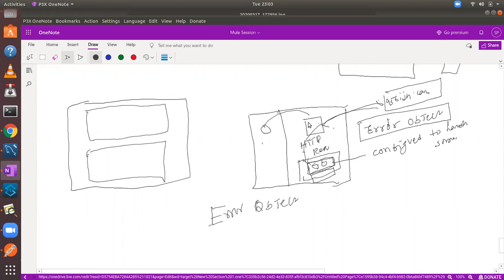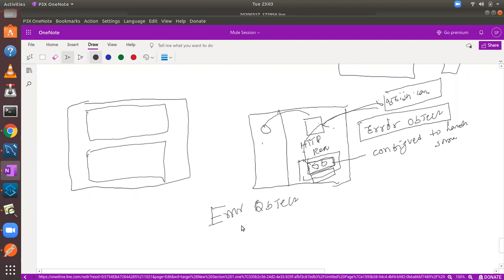So now here we are getting an error object created. Then understand what kind of error object is created. Is it a file error object, or a database error object, or an HTTP error object? What kind of error object got created? In this example, what kind of operation are we doing? We are doing an HTTP operation, so we get an HTTP kind of error object.